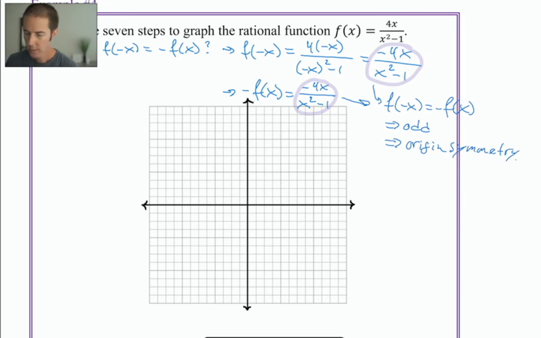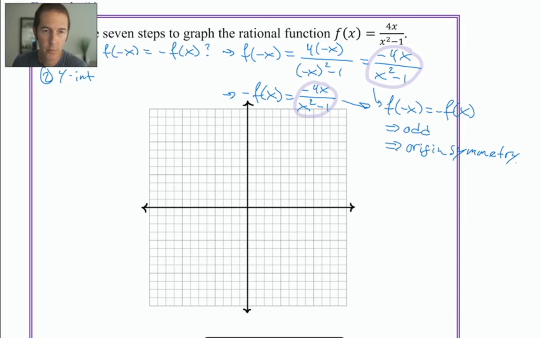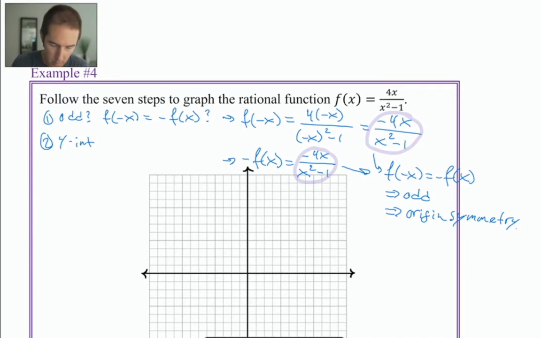All right. The second thing we want to look for are y-intercepts. How do we find a y-intercept? We plug in an x value of 0. Can we plug an x value of 0 into our original function? Will it accidentally cause division by 0? 0 squared minus 1 equals negative 1. So no, we're okay. So to find the y-intercept,